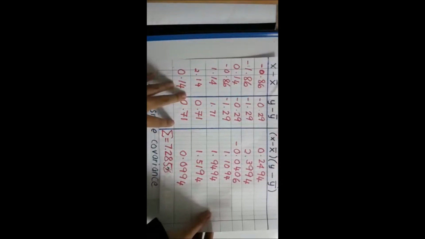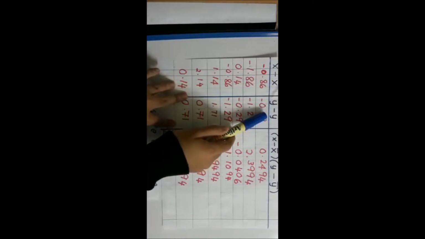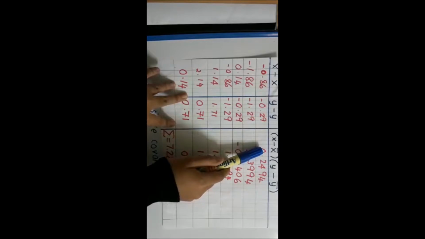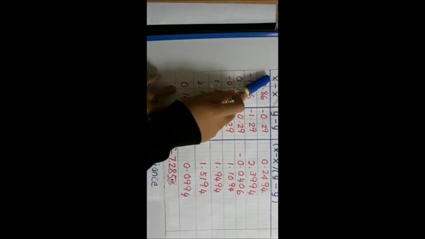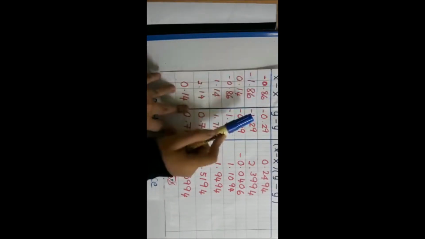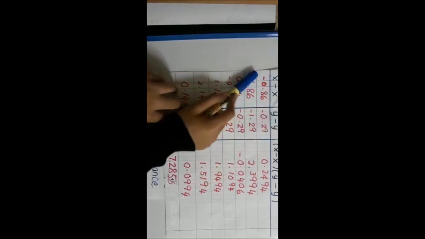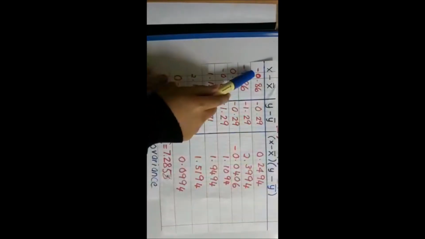The next step is we need to create a table consisting of an x minus x bar column, a y minus y bar column, and a third column for the multiplication of x minus x bar with y minus y bar. To calculate x minus x bar, we need to substitute the x value in the table. For example, the first data, x is equal to 2. So 2 minus the x bar that we got earlier, which is 2.86, and we will get negative 0.86